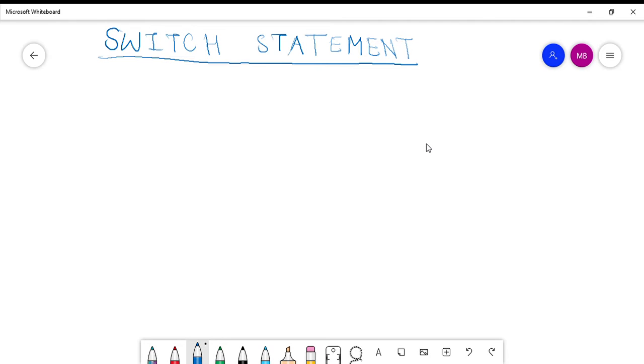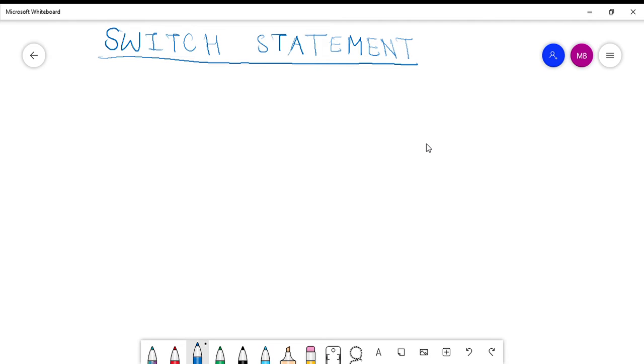So I can say that a switch statement is designed for multi-way decision making, wherein you have more than one choice. For multi-way decision making, the decision making statement that is used is the switch statement.